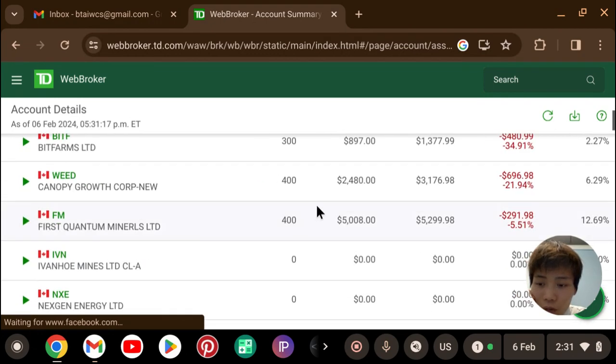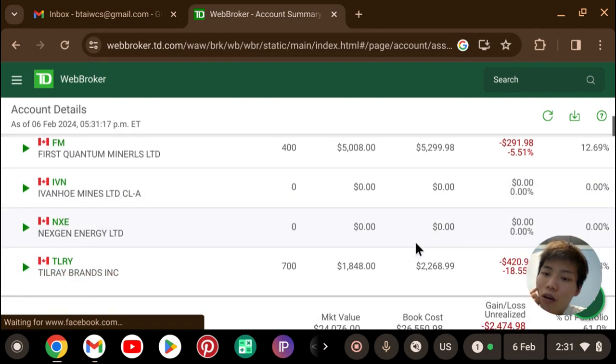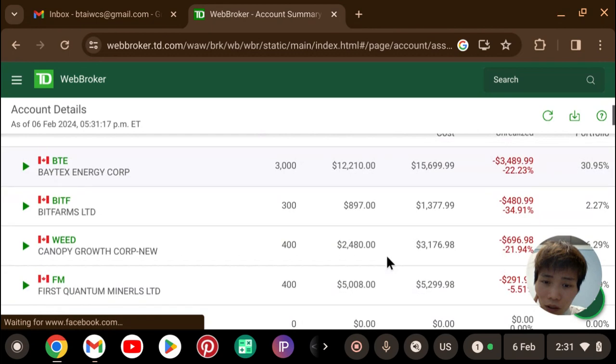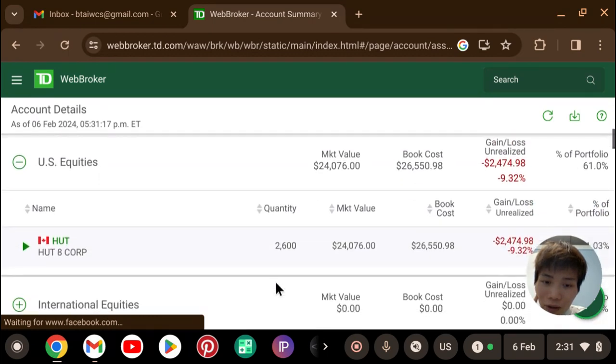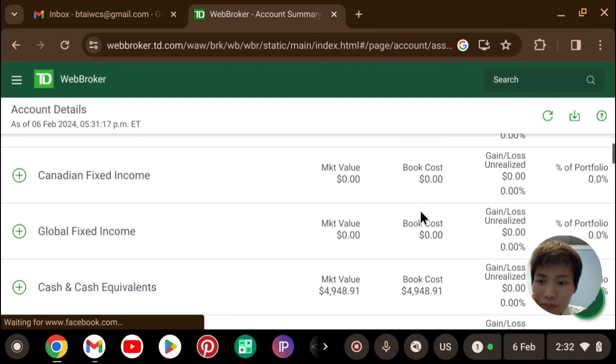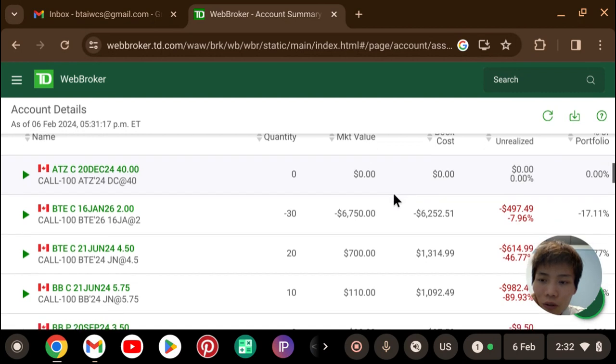I got rid of all of my IVN, so that's 0 now, and also NXE, because I wanted to put everything into HUT, and I'll explain why later. So I sold my Aritzia call option, and then